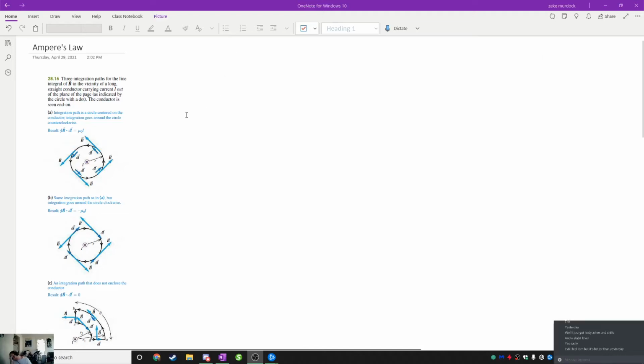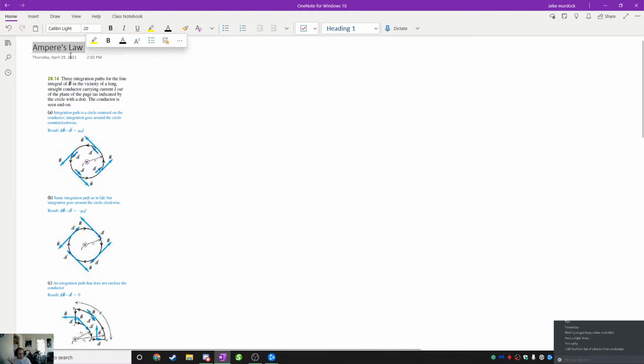Alright, so this is Physics 1C for April 29th. Today we're talking about Ampere's law. So this is going to be kind of, I guess, the third of the Maxwell equations. I know it's called Ampere's law, but Gauss's law and,